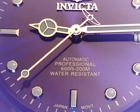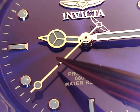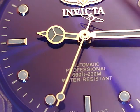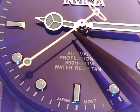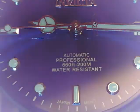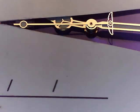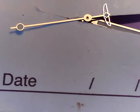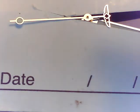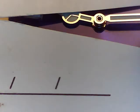Here we are with the dial up. Because we took some gears out, these are not engaged in anything. They're just kind of hanging out nice and loose. And we have a hand puller. We're going to come in with a grooved slotted piece of paper, and we have our standard hand puller. Going to come in, grab onto that hand, second hand comes off,